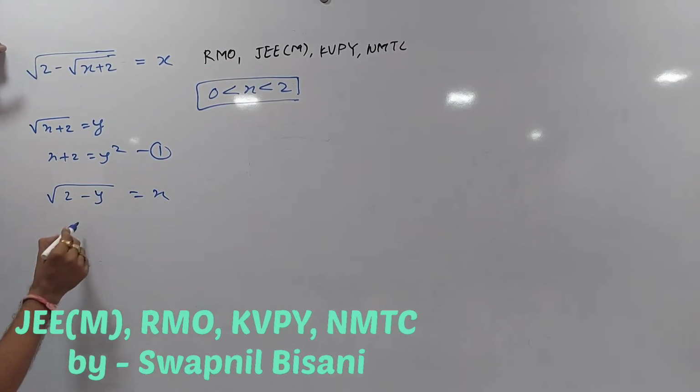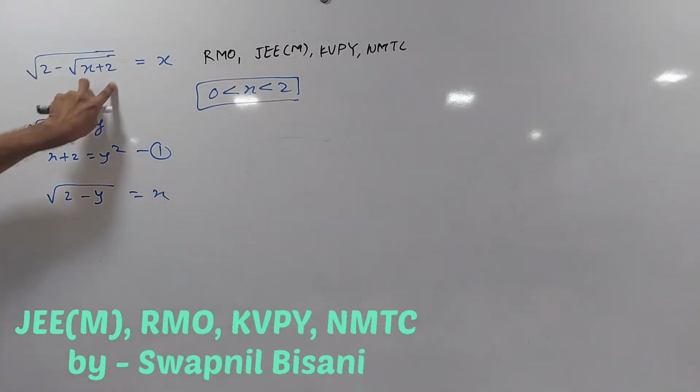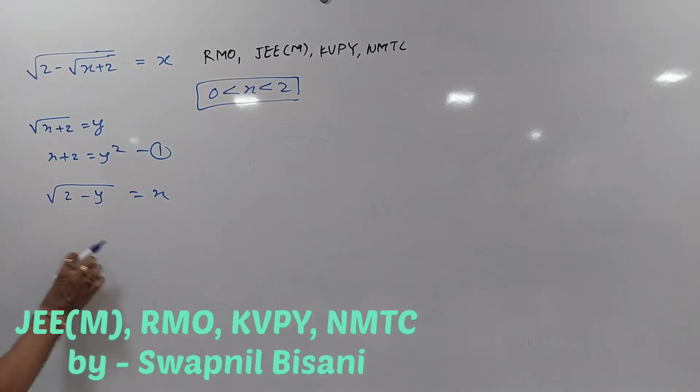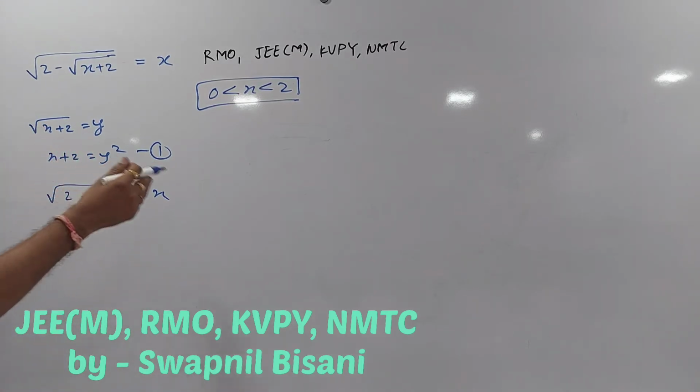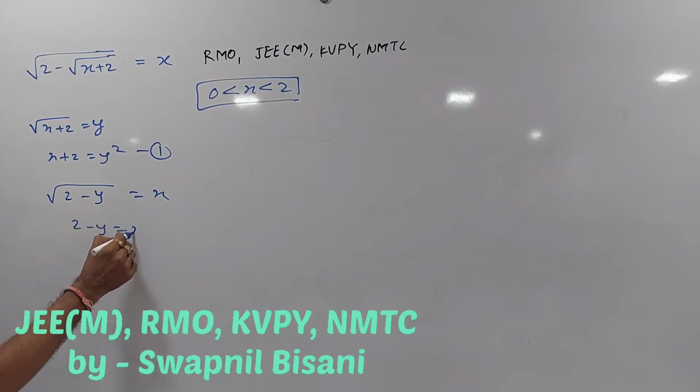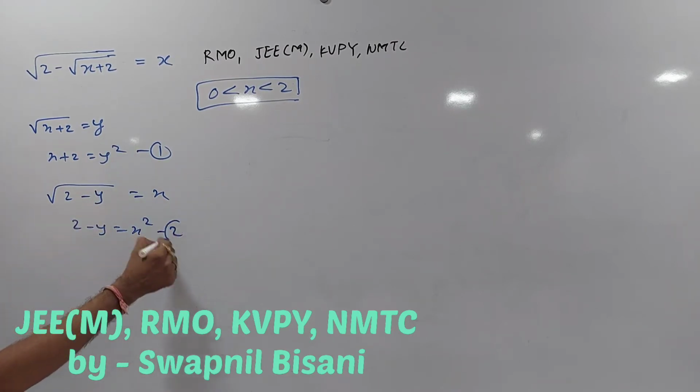Again squaring this. I am not squaring the same term two times. It is a different squaring and this complete expression is different. So make a note of this, otherwise we will say that the same thing is happening as in the earlier step. It is not like that. So it is 2 minus y is equal to x square. Now this is equation 2. Look at 1 and 2.